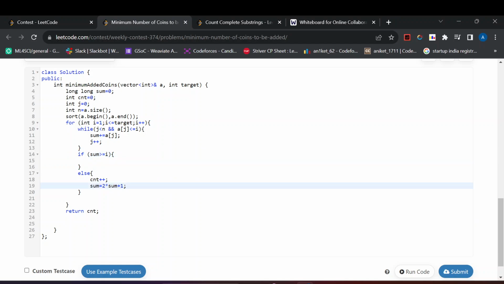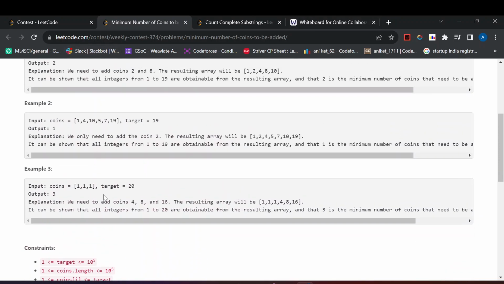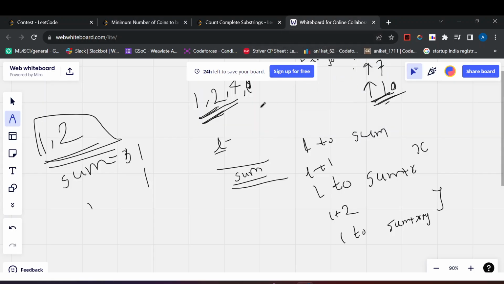But if it is not obtainable, we have to increment the counter and add an element which is equal to 2 times sum plus 1, which is equal to sum plus 1. So for that we can find this observation here. Let's say I have elements 1 1 1, then I add 4, sum becomes 7, then I add 8, the sum becomes 15, and then I add 16. So at each step I am adding a sum plus 1 value to the array, and what it does, it increases